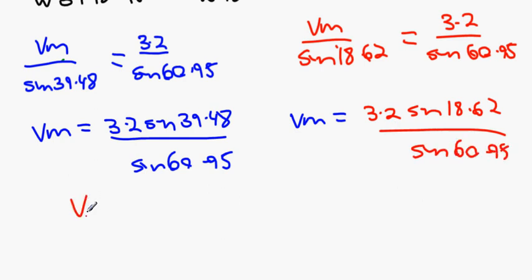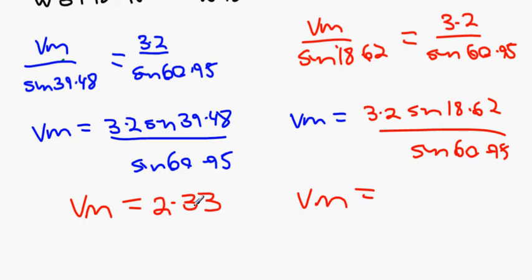So there's two different velocity of man in both scenarios according to the different directions we took. So it's going to be 3.2 sine 39.48 all over sine 60.95. So the first velocity is going to be 2.33,